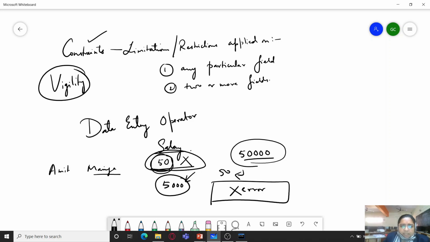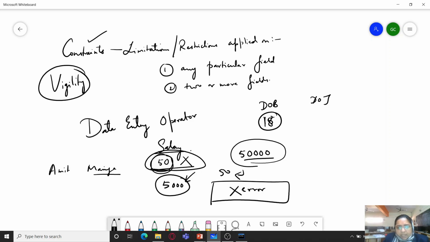Some other examples are date of birth and date of joining. Usually a company might set a restriction that people less than 14 or 15 years old cannot work in the company. So the person should be at least 15 years old or 18 years old to join the company.